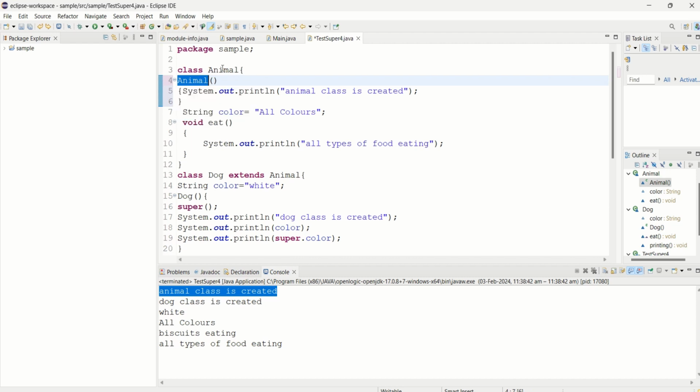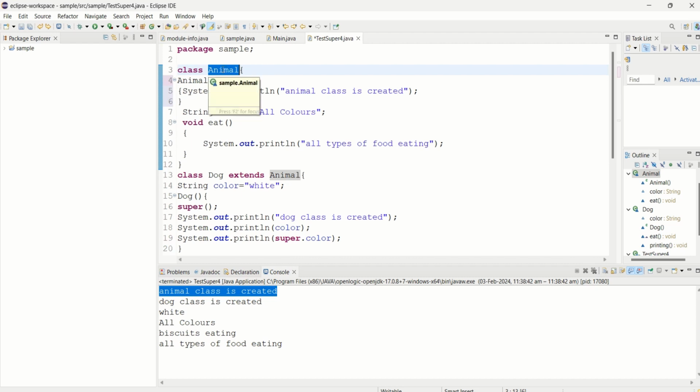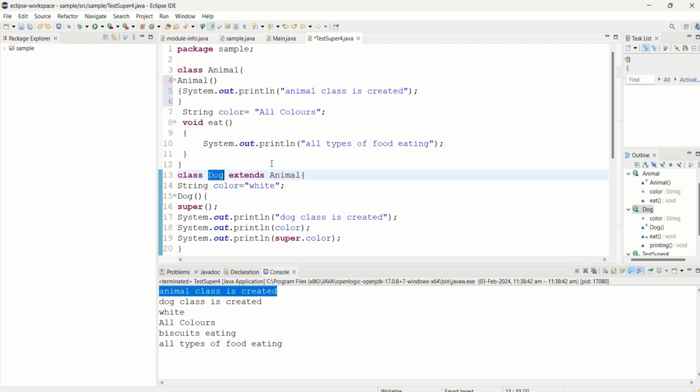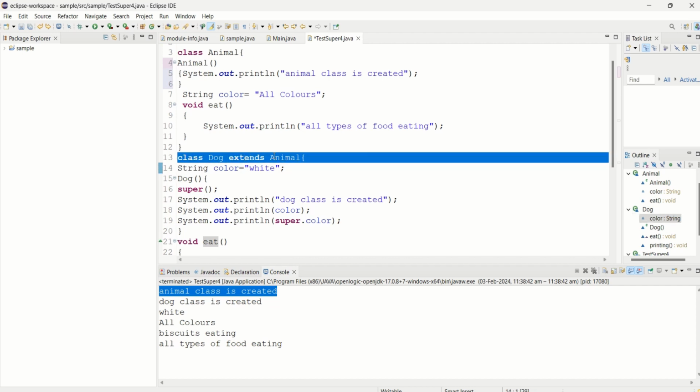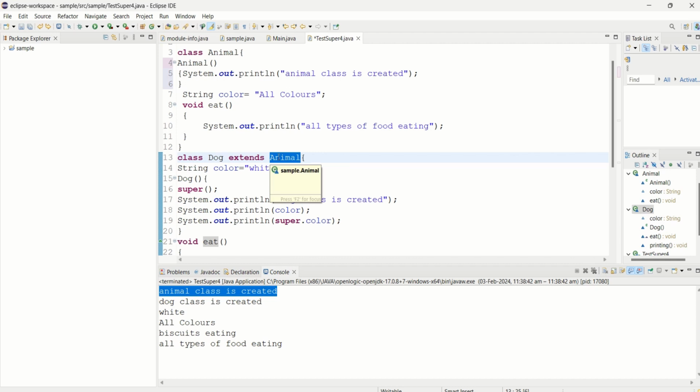So first, if you see my example here, I have an Animal class. This is my superclass or parent class. Dog is my subclass of Animal, so it's a child to Animal, because it extends from Animal. extends is the keyword for inheritance. It is inherited from the Animal class. Here I have color. This is my variable, one of the properties in the second class,